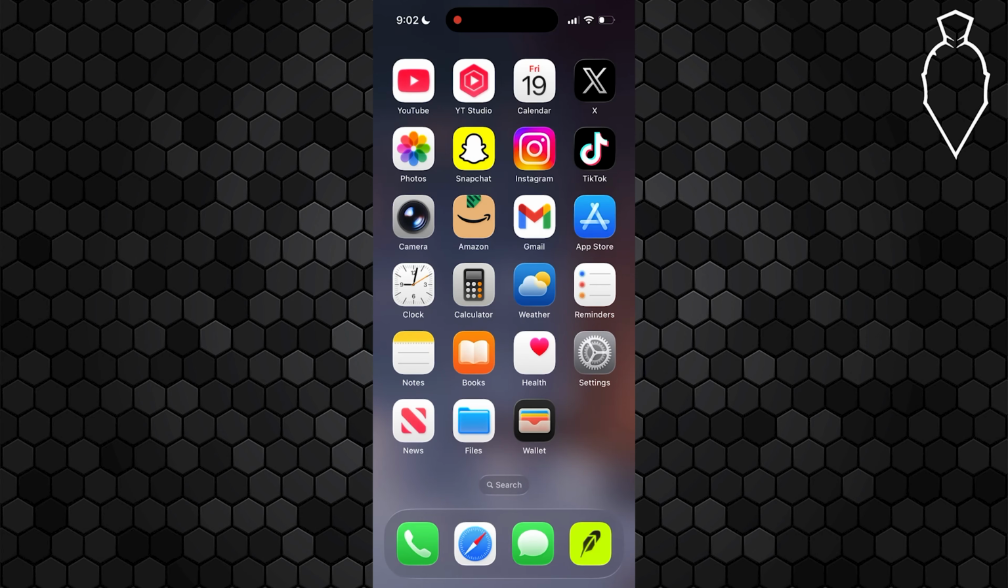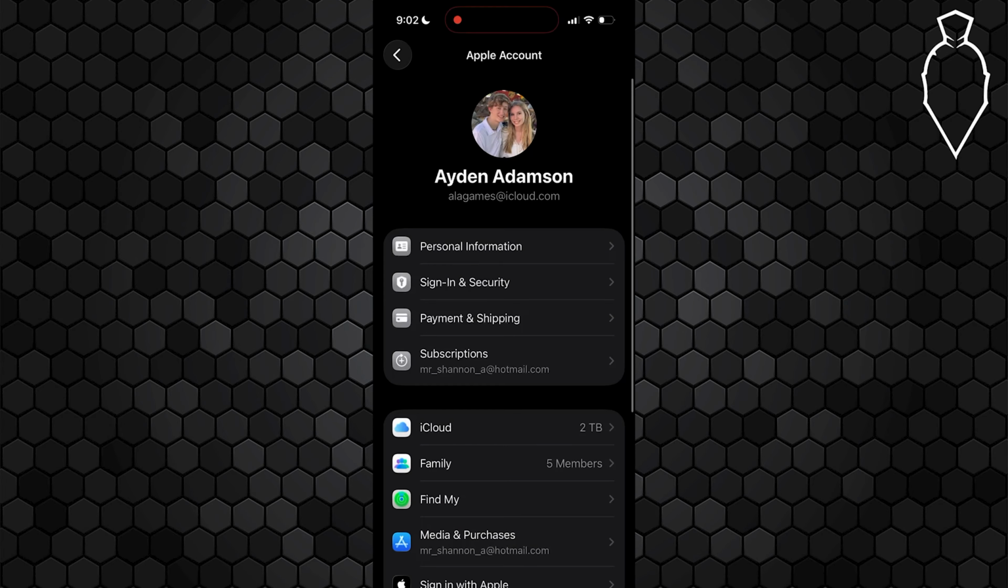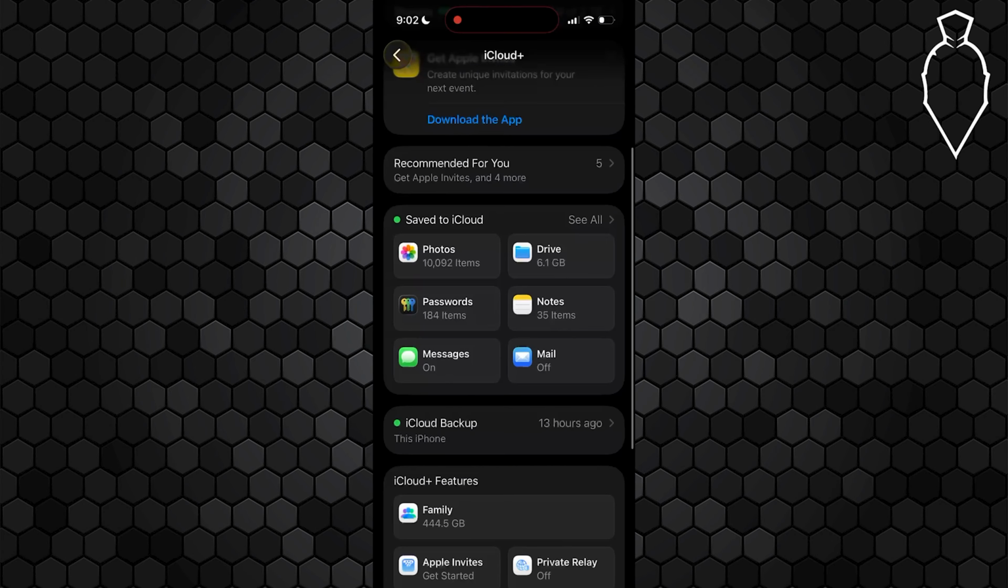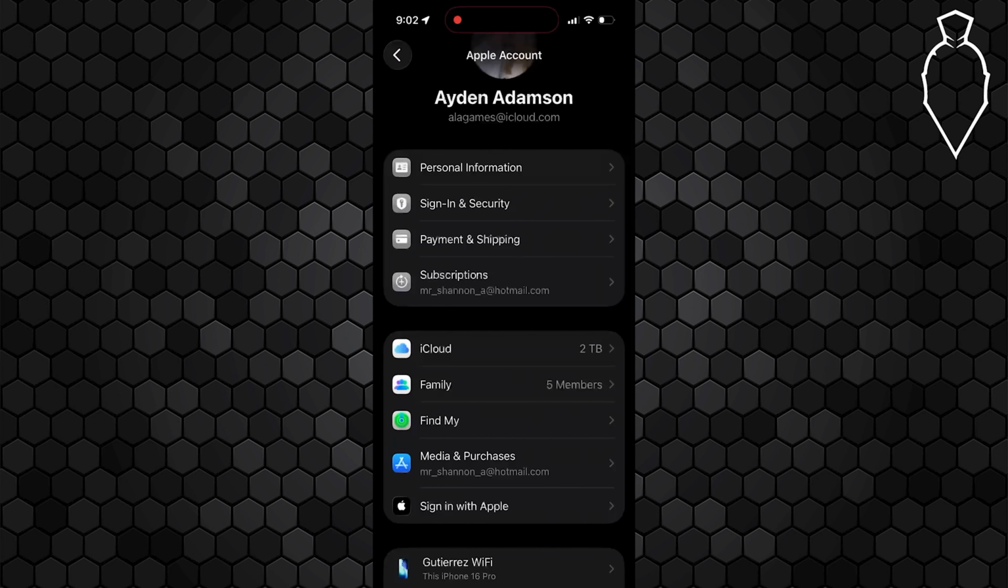Now, if you're trying to factory reset your iPhone, go ahead and go into your settings and tap on your Apple ID up at the very top. From here, scroll down and select iCloud. And then from here, go to the iCloud backup section and go ahead and hit backup now or back it up to a computer. If you are okay with deleting all your data, back out to the main settings option, just like so,